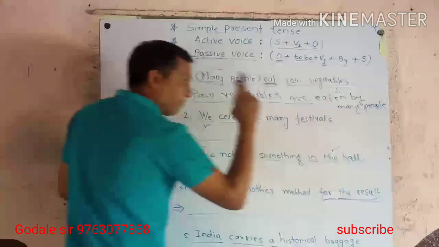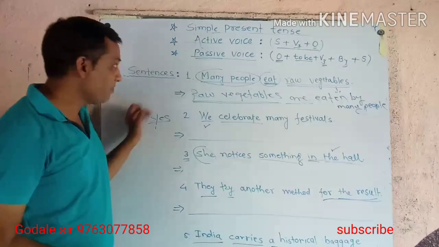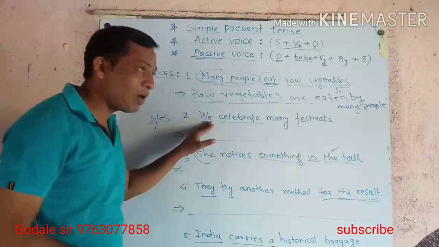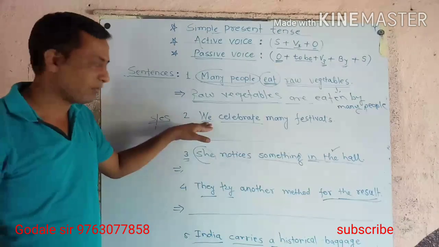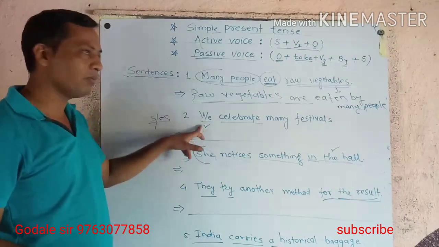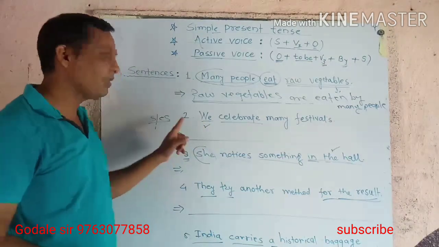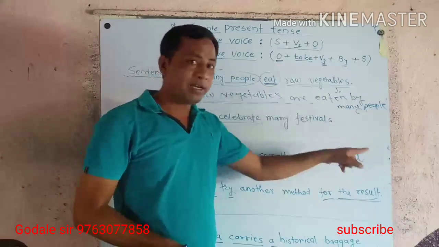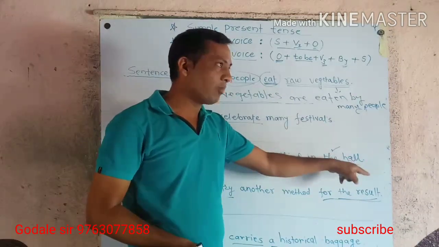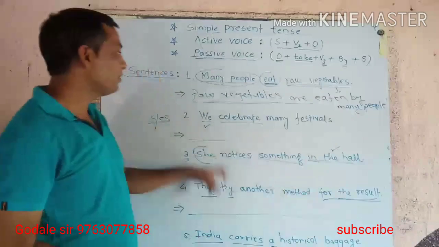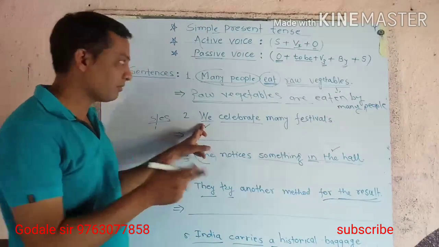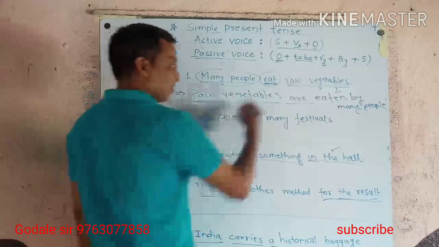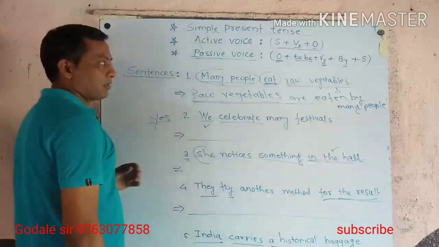But also keep one thing in your mind, that if the subject is a pronoun, for example in the following sentence, what is the subject? It's a pronoun. If it is a pronoun, then while converting it into the object of passive voice, we should write the objective case of that pronoun. Yes, we will see this in the following sentence. So here is the answer of the first sentence.